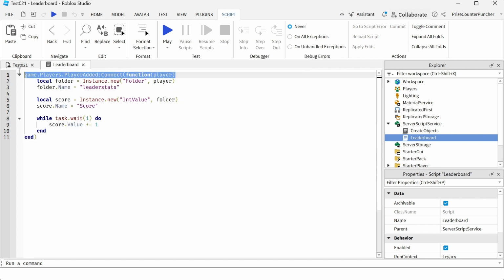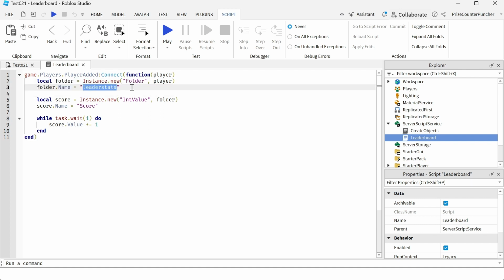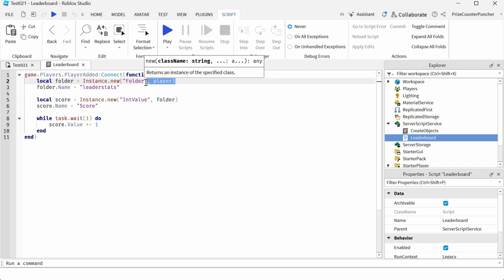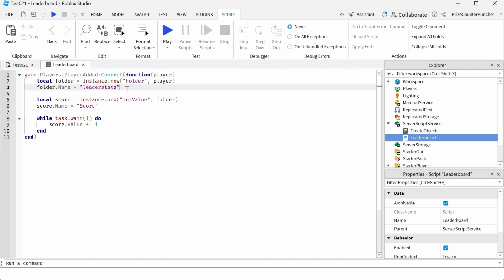On the first line, we have a player added event. For every player that joins the game, we're going to insert a folder named leaderstats under the player. So here we're creating the folder. For more information on how to create objects and about player added events, you can refer to our prior tutorials